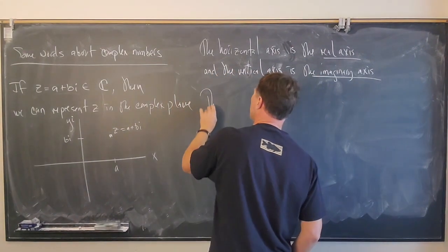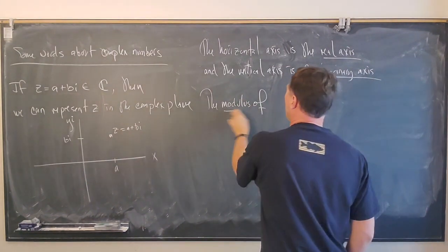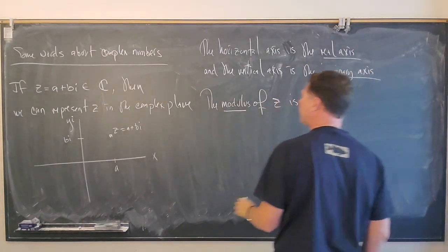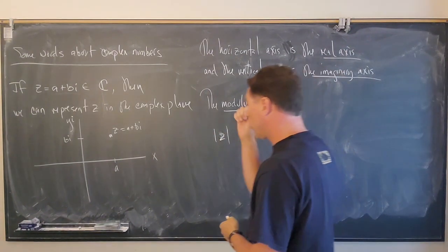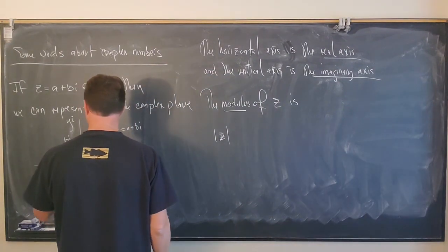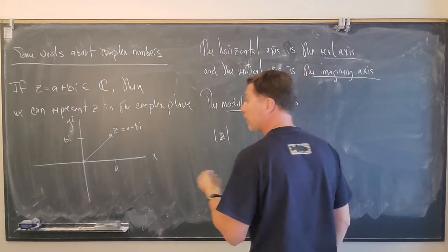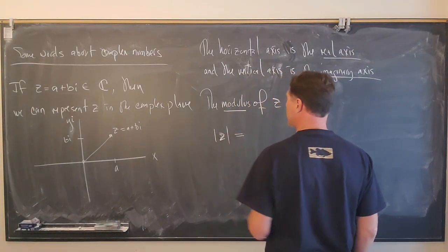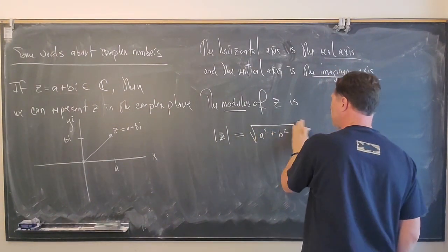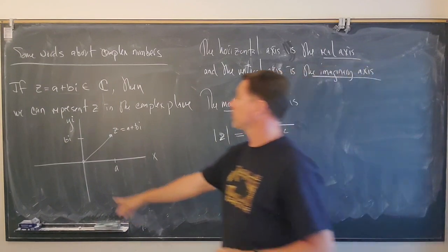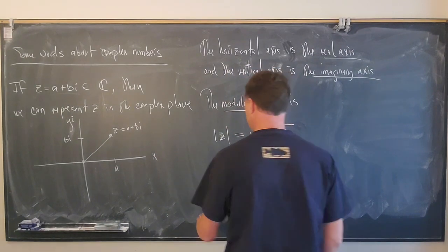The modulus of z, which we write using absolute values around z, is going to be the distance from the origin to z. And so how do you compute that? Well, you do it the usual way. The modulus of z is the square root of a squared plus b squared. So you just use the usual distance formula to measure the distance from the origin to the point in the complex plane. Now, using polar coordinates,